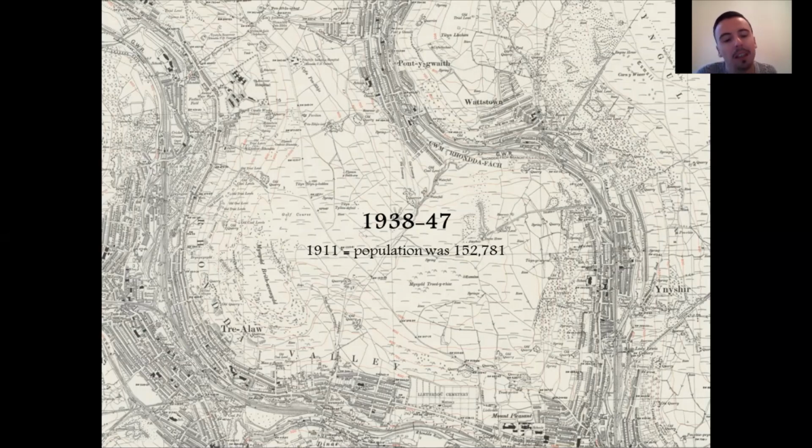But you can also see now by this period in time how extensive the terraced housing is to support the coal miners. And you can also see the telltale signs of the coal mining industry through the tramways that you can see going up on the valley sides there, and the telltale signs of the spoil tips as well. So you can see that the coal industry had a very dramatic change on the landscape of the South Wales coalfield, and from the population of just less than 2,000 in 1851 in the Rhondda, the population by 1911 had